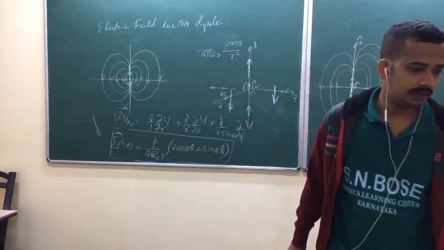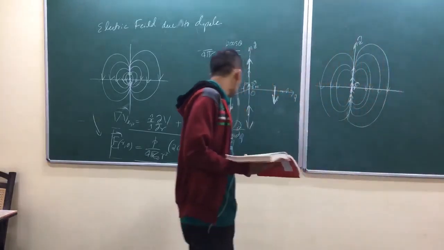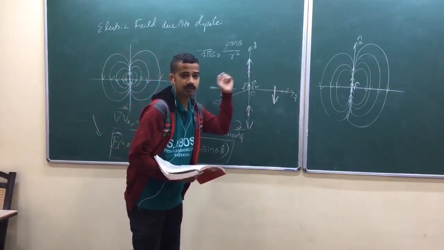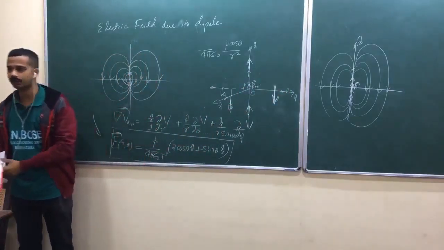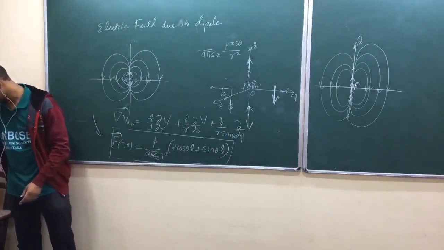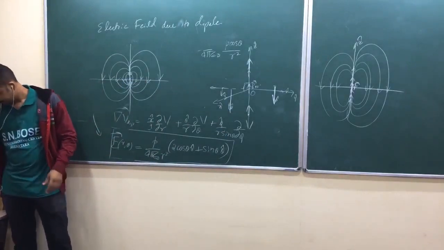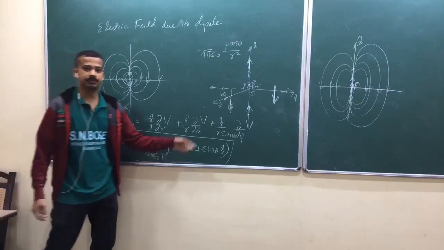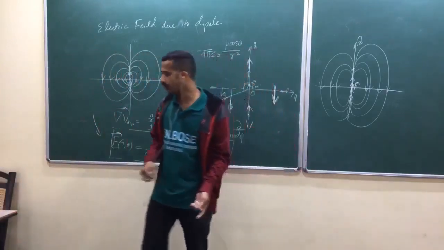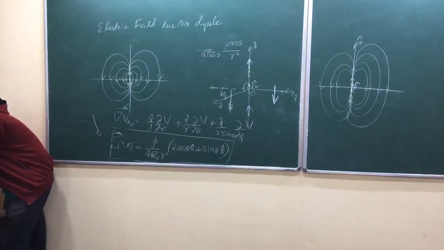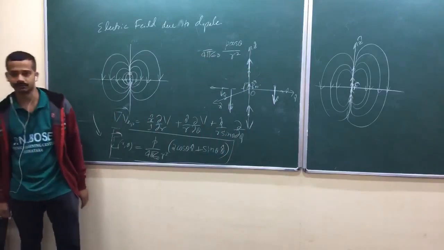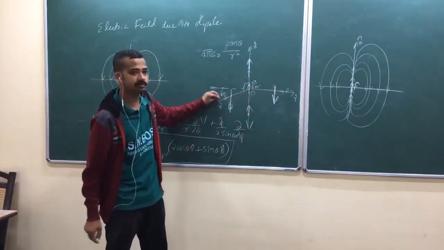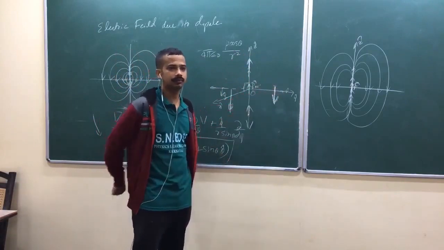So this is all about electric field due to dipole. Now look at here, you should know how to apply this formula. I applied this on the x-axis, on the y-axis, on the z-axis, minus z-axis. You should know how to apply it, because in the next chapter we have a problem on this. Now, 34th problem, 33rd problem. Yeah, the 33rd problem is to make use of this. If you have any dipole, look at here. He has taken a pure dipole situated at the origin pointing along z-axis. And he asked, suppose I put some charge here. What are the forces? What are the directions of the forces?